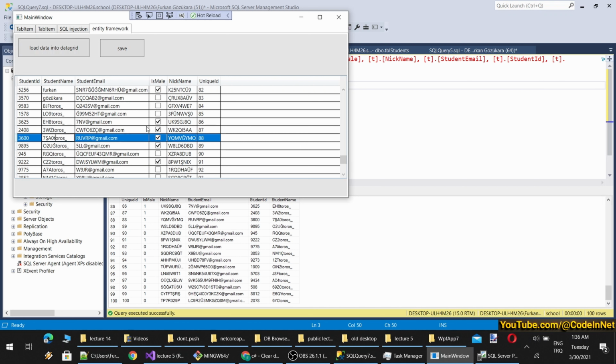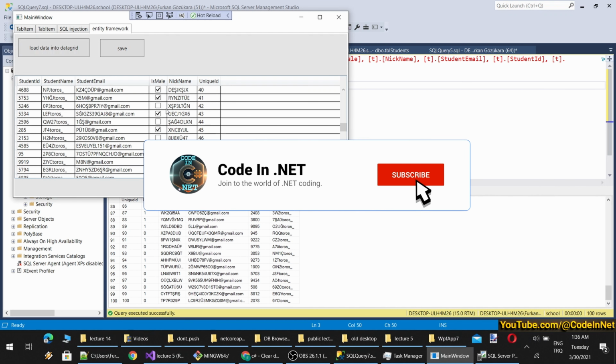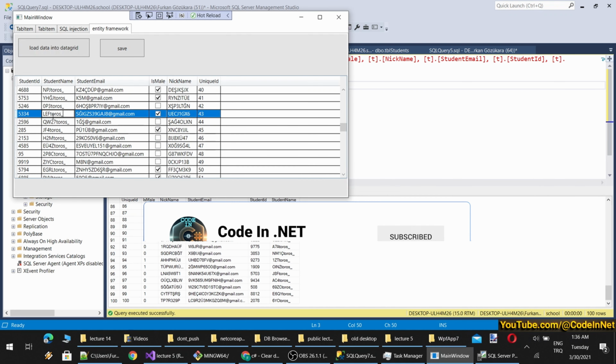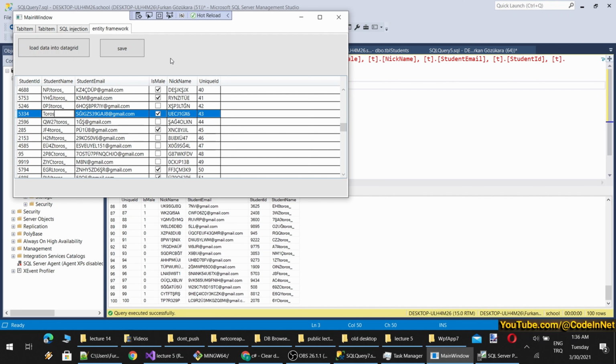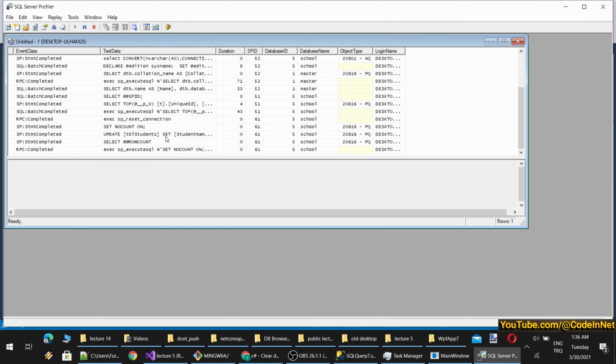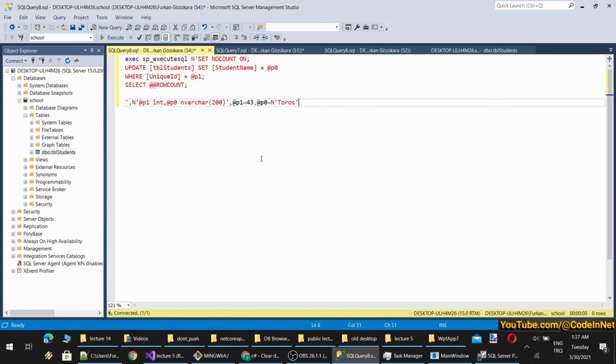Yes. So let's see how it saves. To save it, I will change the unique ID 43. Let's set it as Toros and save it. Okay, let's see the save command. This is select here. Here is what it has done. So it has set no count on, update TBS student set student name equal to P0, because we have only changed student name, where unique ID is P1.